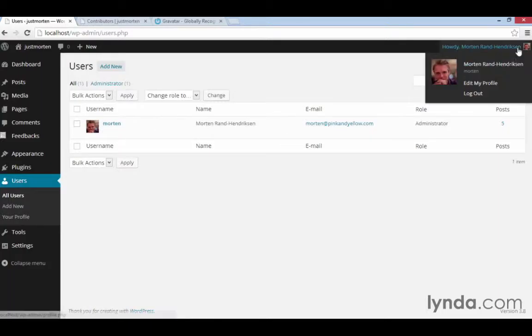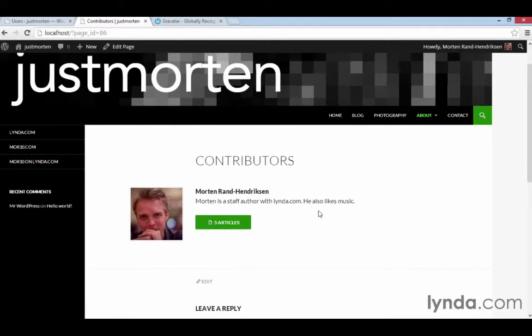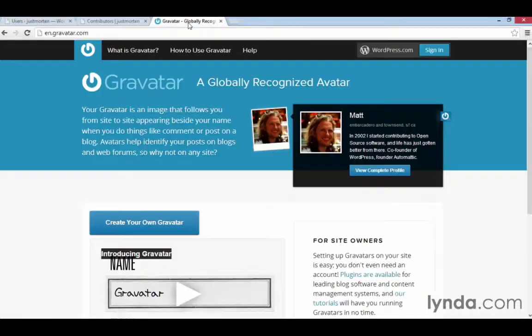You can also see it up here in the corner. There's a profile picture of me on the contributors page. And if I make a comment on a post within the site, you'll also see my face show up in the comments. This all works because of a system called Gravatar that was created by the same people that created WordPress. Gravatar allows you to create one avatar online that you associate with your email address,